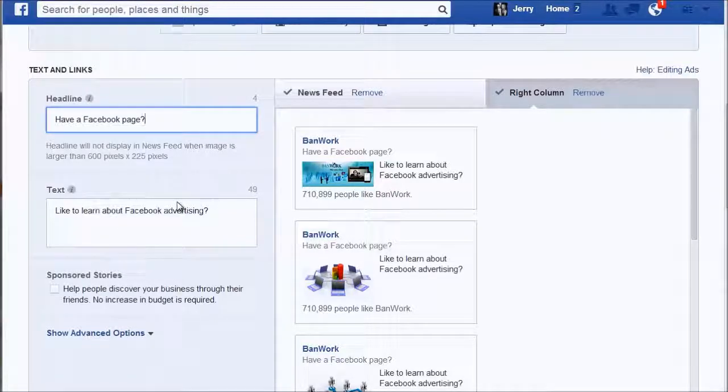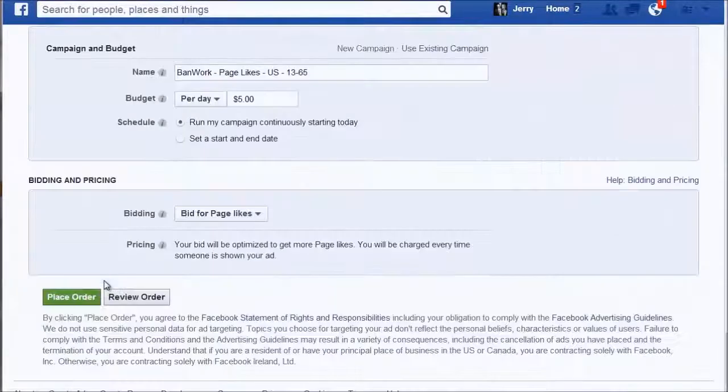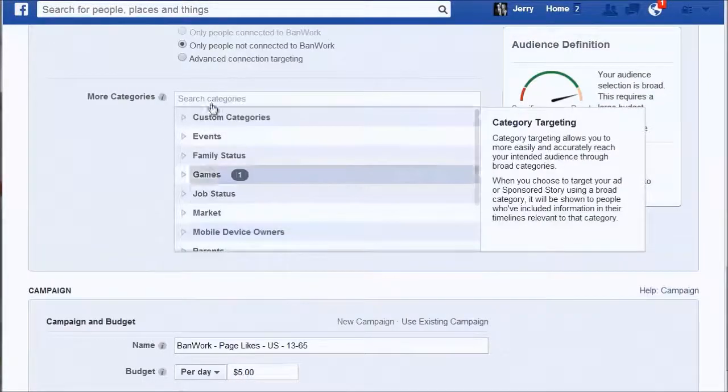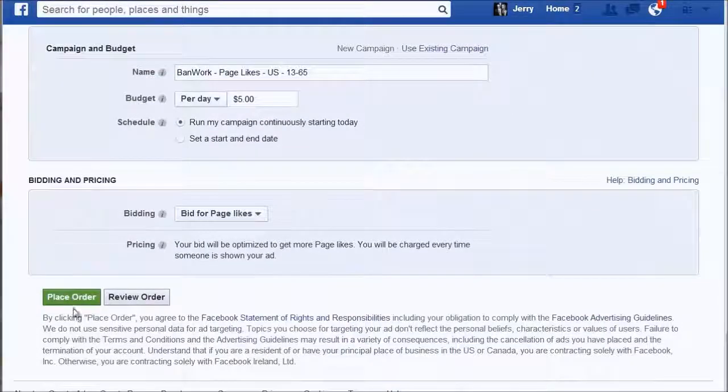You can mix it up and put different ad titles in. All you have to do is, once you've done everything else that we're going to cover, place order. When the pop-up appears saying create similar ad, you go back up to the top and you can change your headline or your text while keeping your same images. And when you go back down and hit place order again, it will place 6 more different ads with your